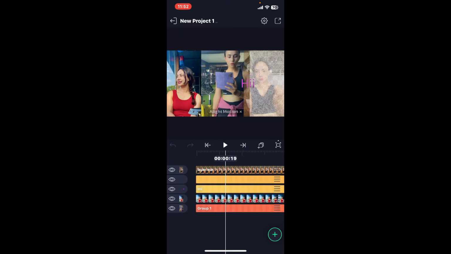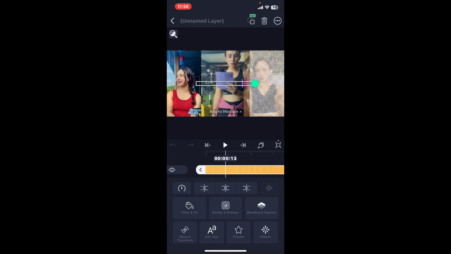Alight Motion will now create a new audio track below the video clip on the timeline. This new track will contain the extracted audio from your video. And that's how you will be able to extract audio from your video clips in Alight Motion and enhance your